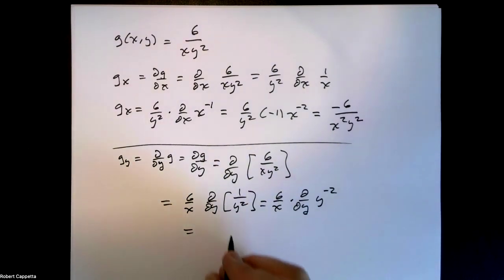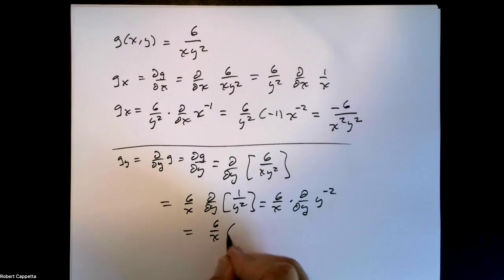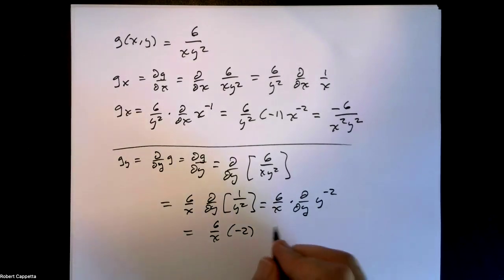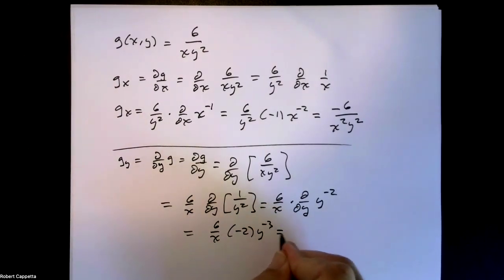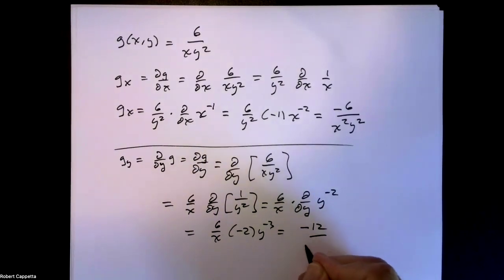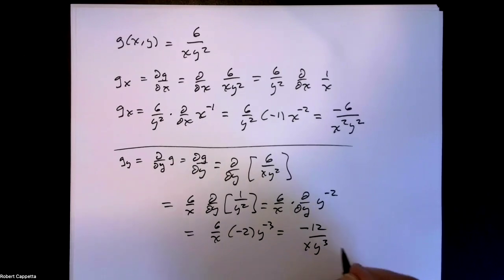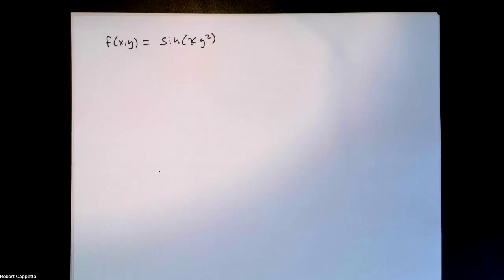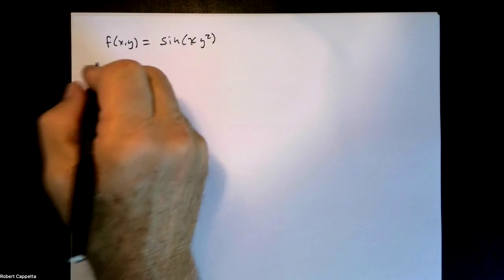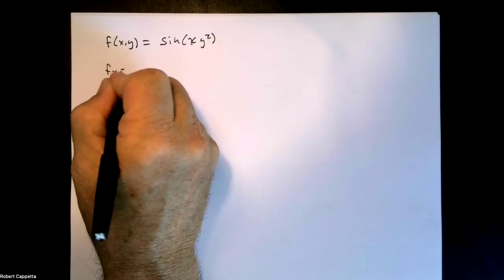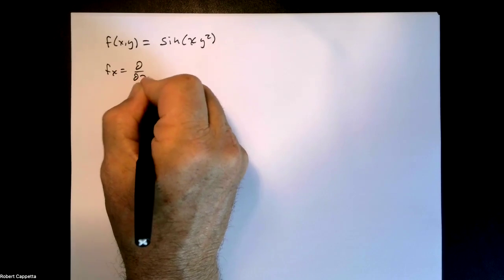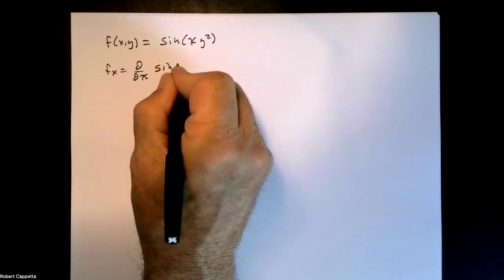which is 6 over x times negative 2 y to the negative 3, which will give me negative 12 over xy cubed. Okay, this time I want to look at f of xy is the sine of xy squared. So f sub x, which is the partial with respect to x,